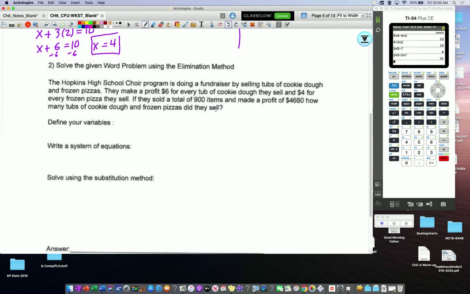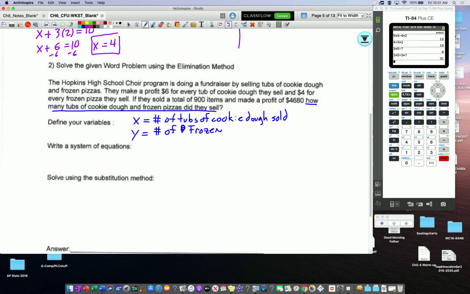All right, so that last sentence again helps me determine my variables. So x is going to be the number of tubs of cookie dough sold. Okay. Y is going to equal the number of frozen pizzas